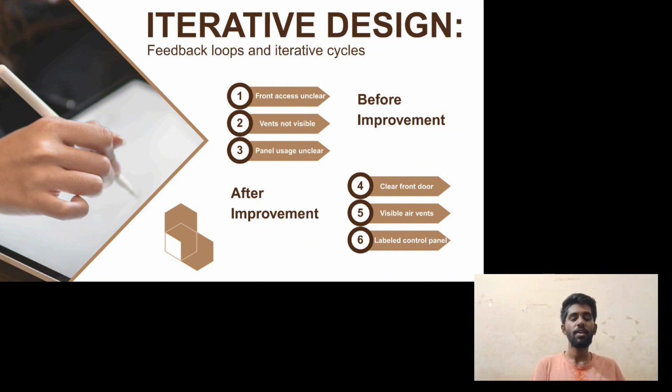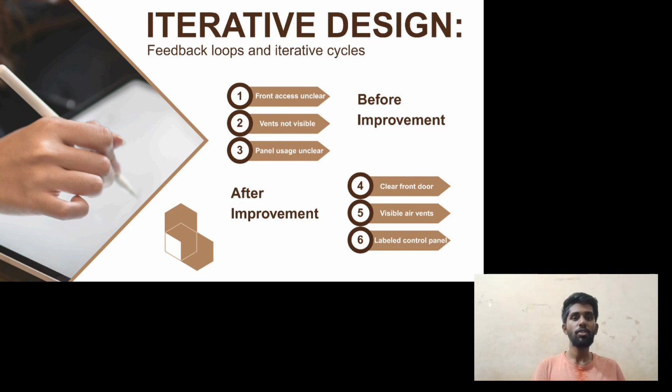After refinement, we introduced a clear and properly defined front door, making it easier for healthcare workers to access the baby. We also made the air vents more visible and well positioned, ensuring better airflow and easier understanding of users. In addition, we improved the control panel by adding proper labels, so users can easily operate the system without confusion. This iterative process helps us transform our design from a basic prototype into a more user-friendly and practical